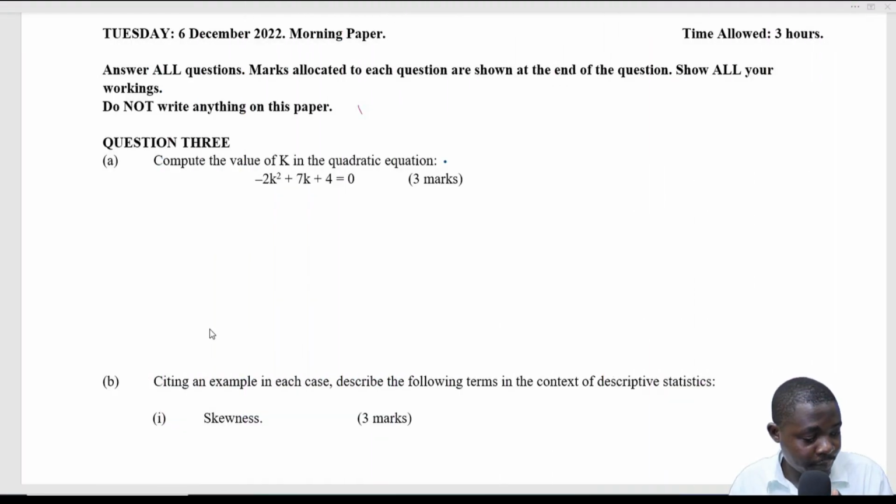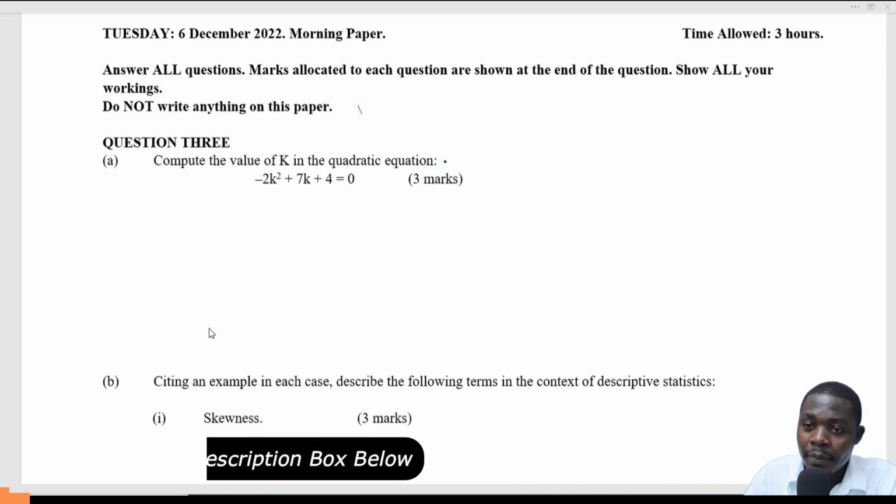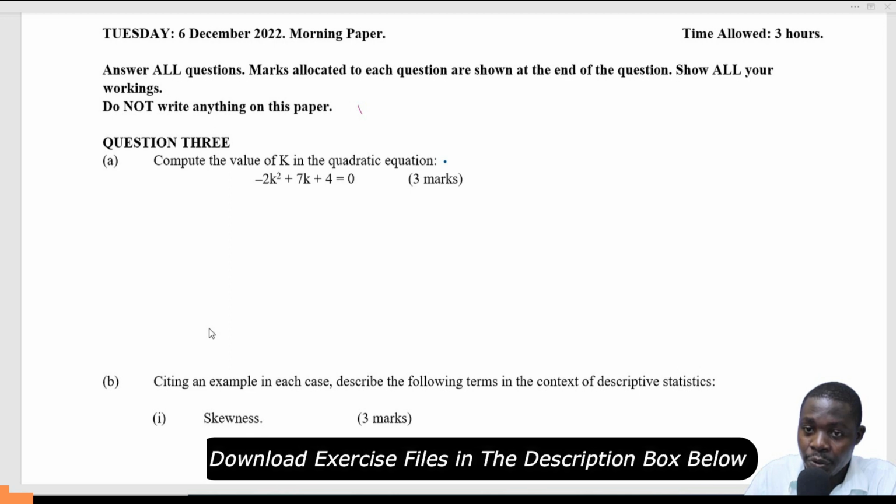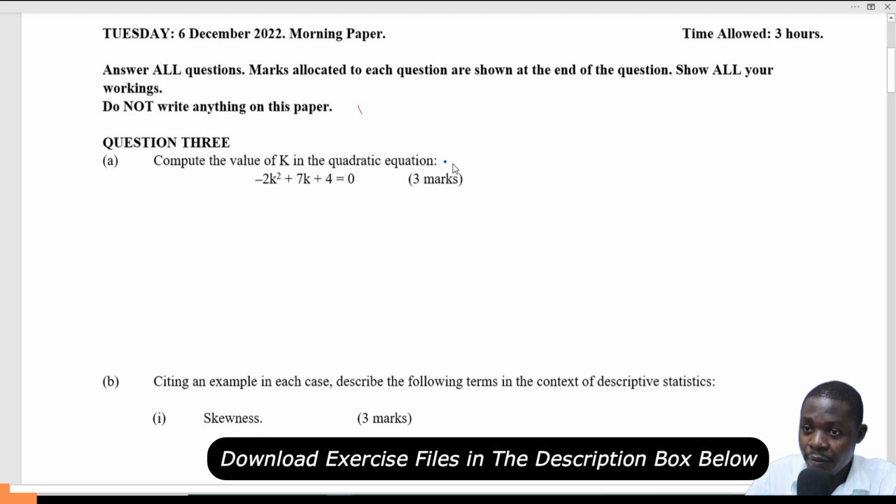Okay, good morning. We are looking at question number 3 of December 2022. The question reads, compute a value of k in the quadratic equation. Now, quadratic equations have three methods of computing. We have factorization. We have by the use of the formula. And in this case, I'm going to use the factorization method to resolve this particular question, where we have been